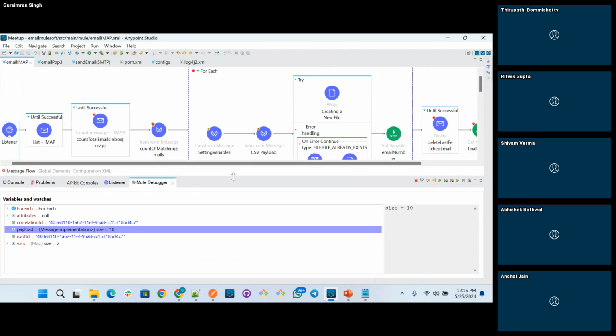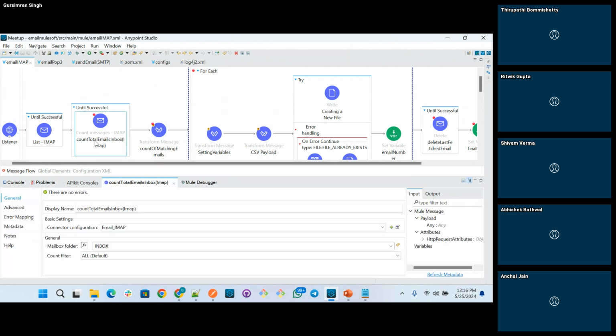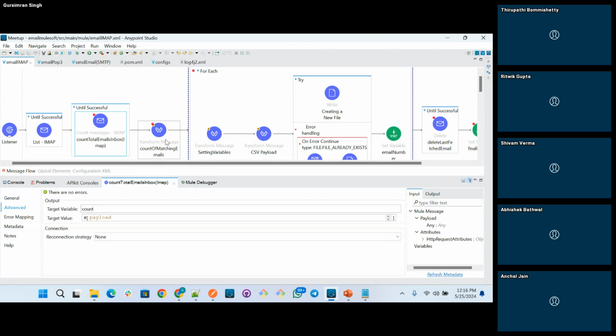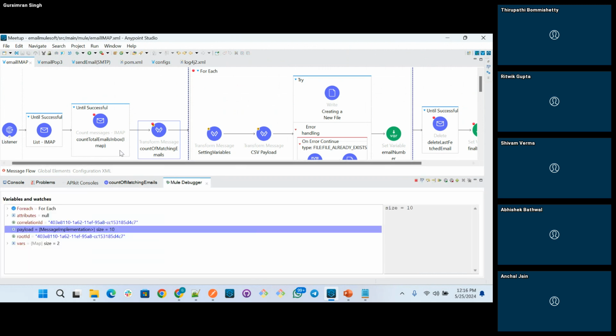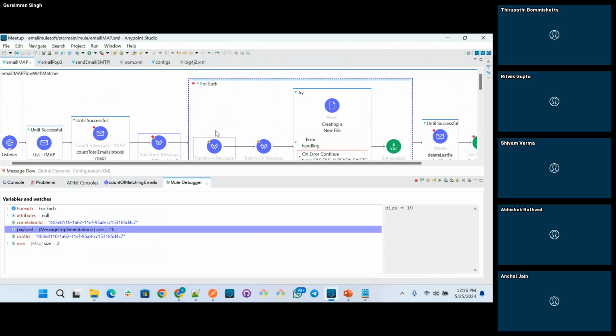Now I want everyone here to answer this. I will show you the configurations again. Here I have defined a match condition, and here in the email connector I am using this count variable, and in size of I am using email count. Can anyone tell, will these variables match? Will the variables match using size of and count in this condition?